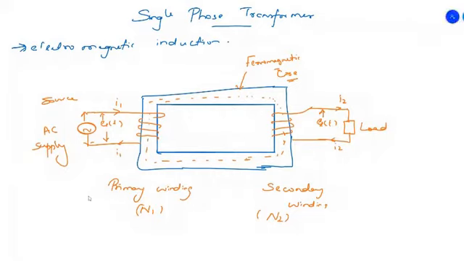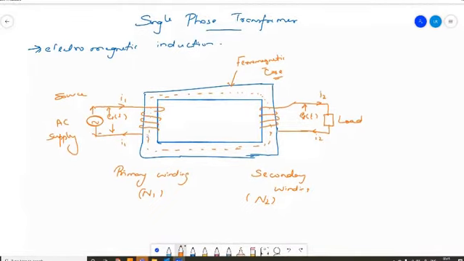So in short, it is actually two electrical circuits which are linked by a ferromagnetic core. So these are not electrically coupled but are magnetically coupled. This part converts the electrical energy into magnetic energy. So the electrical field is converted to a magnetic field, and then this magnetic field is again converted to an electrical field in this secondary part of the winding.